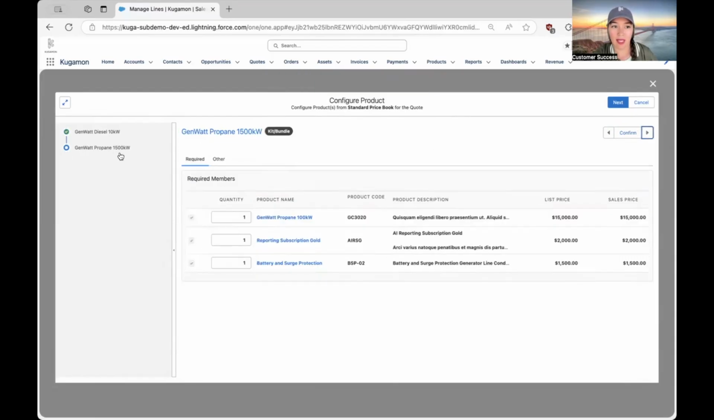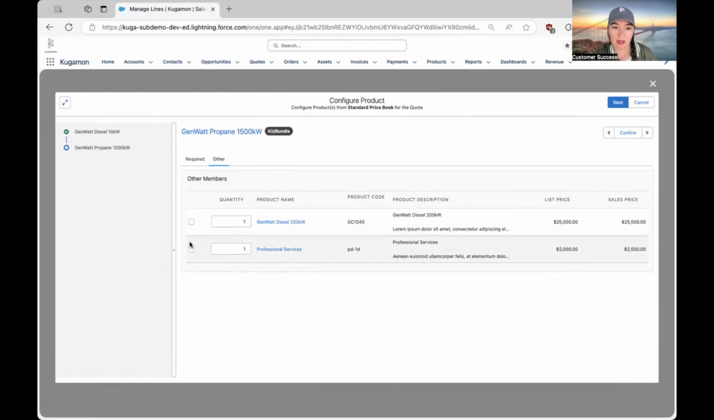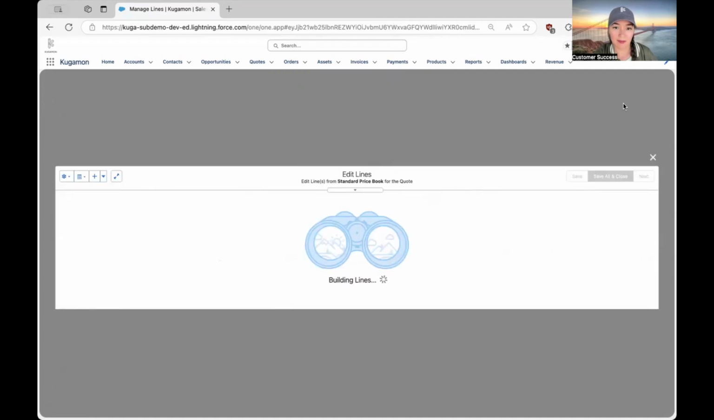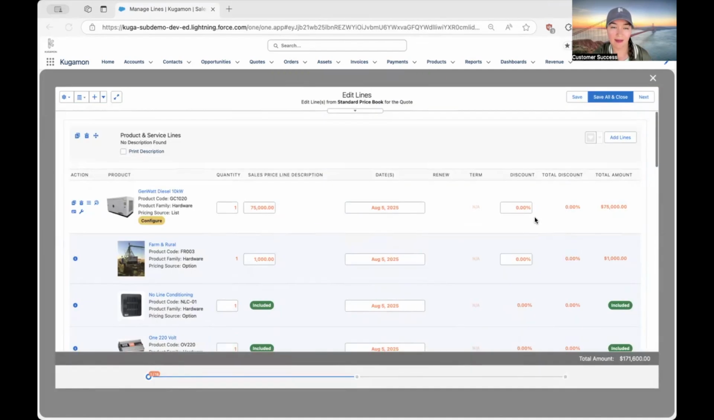And now I'm looking at the kit bundle. So here I'm going to select this option, professional services, confirm, and then click next. Now I'm back within edit lines, and I just want to call out one thing that differentiates Kugamon,